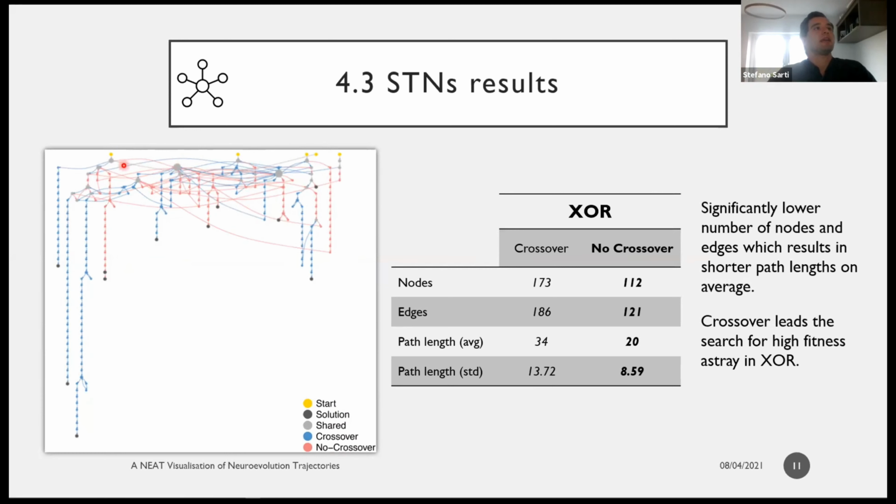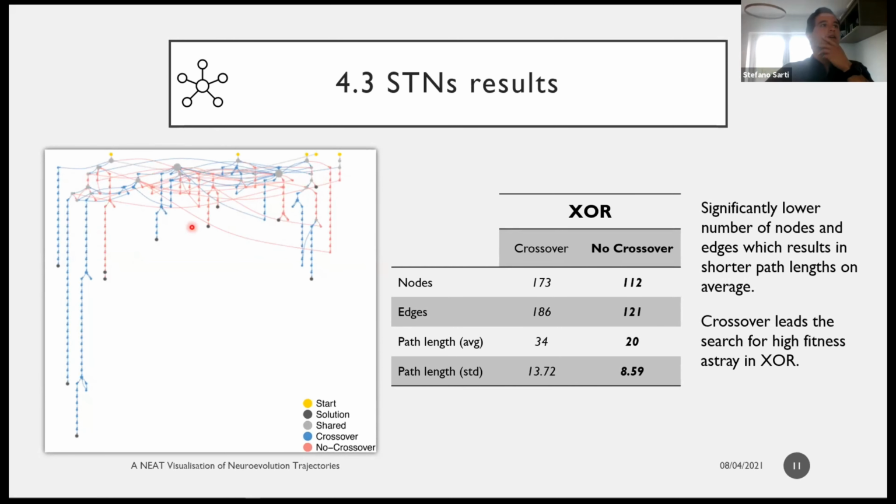We can witness, for instance, in the initial stages of the evolutionary process that there is a lot of interaction between these trajectories, because as I said in the beginning, the genomes begin simple, and then they complexify over time. So there is a higher chance that the solutions are likely to be similar in the beginning of the evolutionary